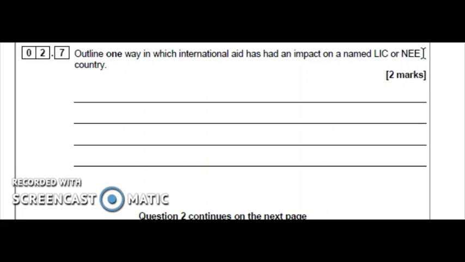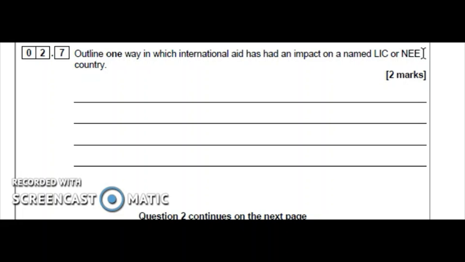This was given by the United States and a global organisation called the World Bank. This obviously saved many people's lives, so you can link that point in. So you might use a key term like there was a reduction in the death rate or infant mortality. You don't necessarily have to use Nigeria.